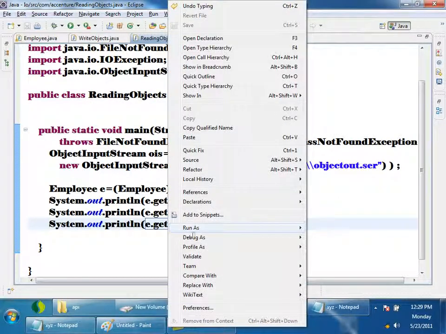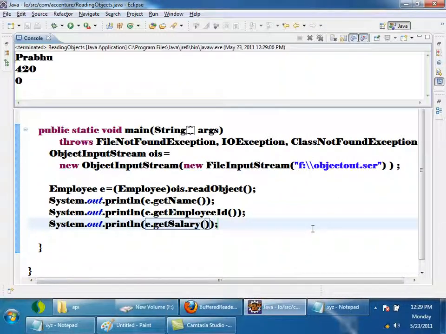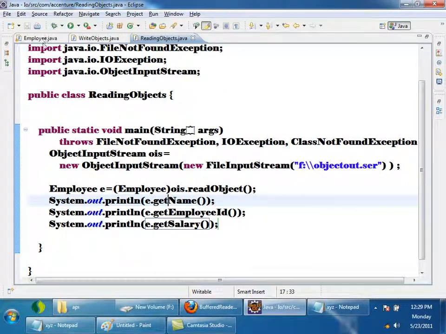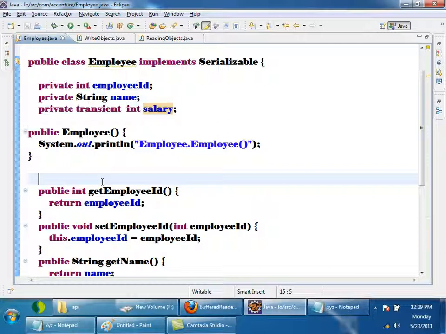What is the last one? Salary. It is expected to be 10, but now it is 0 because the default value for int is 0. So if you make a variable transient, it is not serialized. Any doubts? That's about serialization. In serialization, if we have to discuss, there are a lot of issues, but that's not required as well. Okay, so we completed